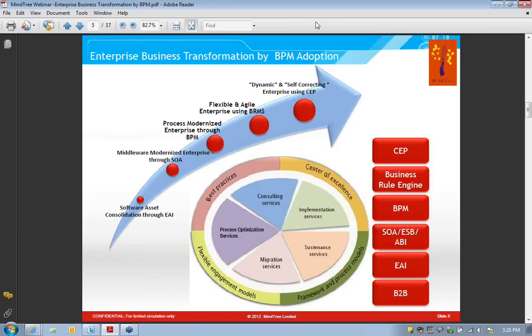It's not up to the mark. It's up to you now for taking corrective action. So this kind of a scenario, if at all an organization achieves, we can call it a dynamic or self-correcting organization, a self-correcting enterprise. Of course, dynamic event correlation techniques, real-time dynamic event correlation techniques,